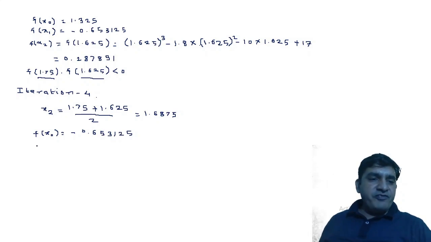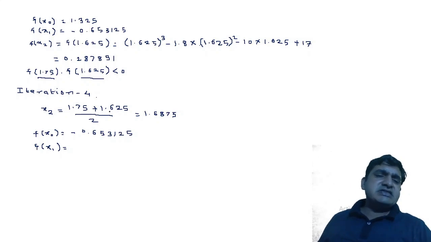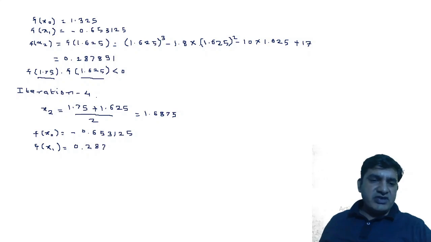Okay, f of x1, when we put the value of x1, which is considered as 1.625, its value is 0.287891, and f of x2, that is,